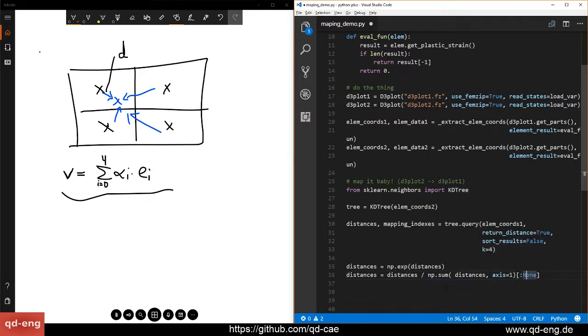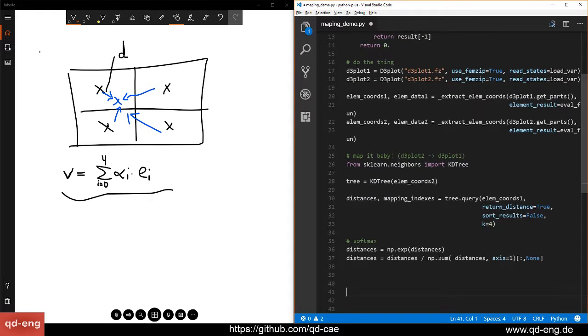It just does what I told you: it lets the weights be between 0 and 1, and you let them sum up to 1. So here we do an exponential distance weight, and thereafter we simply normalize it, and these are the distance weights. And maybe I should show you